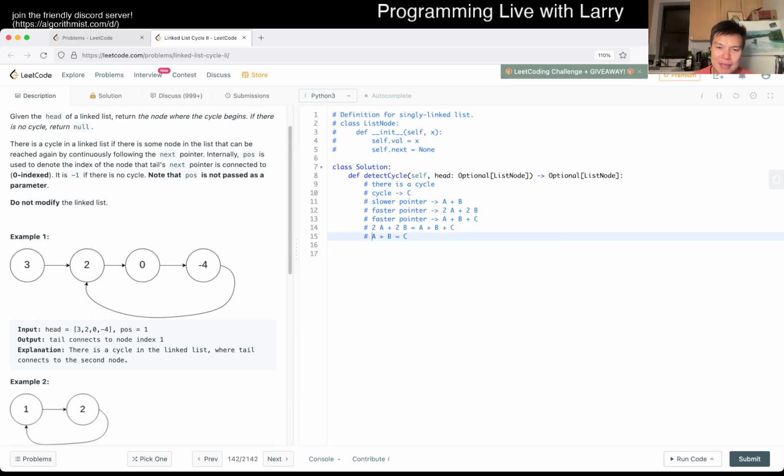Okay, so we have this thing. Where's the faster pointer again? The faster pointer is A plus B plus C. Oh yeah, we knew that because they're both at the same place. That's how they meet. Okay. How do I just get A then? Let's see. How is there a way I can move just B steps or A steps? I guess if we just add A steps, then this would be not trivial in a way, as we already said.